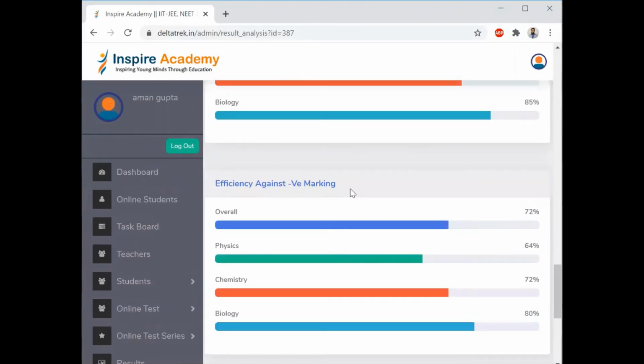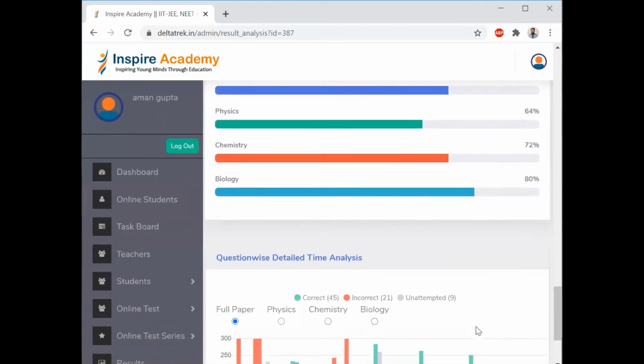Then there is efficiency against the negative marking, means which subject is most negatively impacting. So there is the most negative in physics, then it is chemistry, and biology is going fine. Then there is